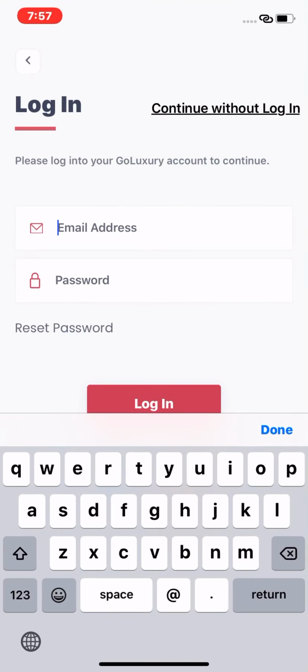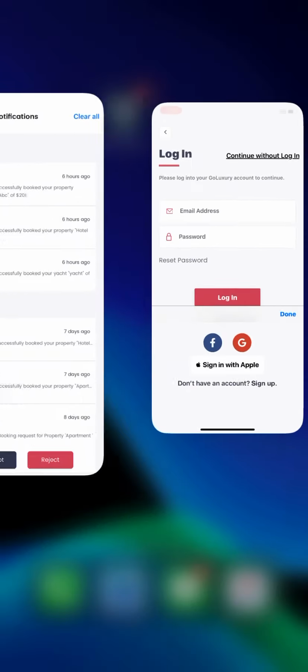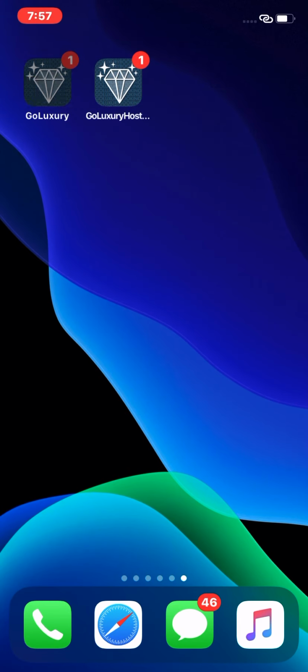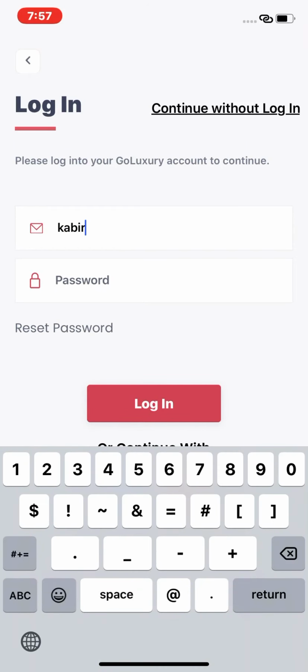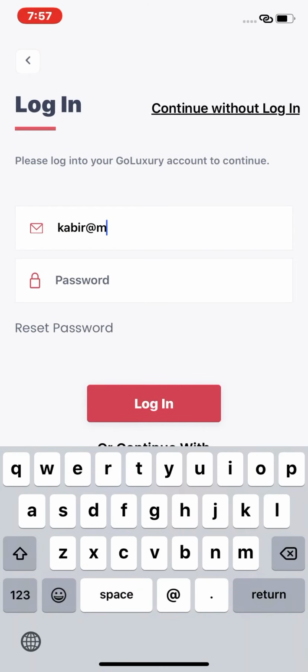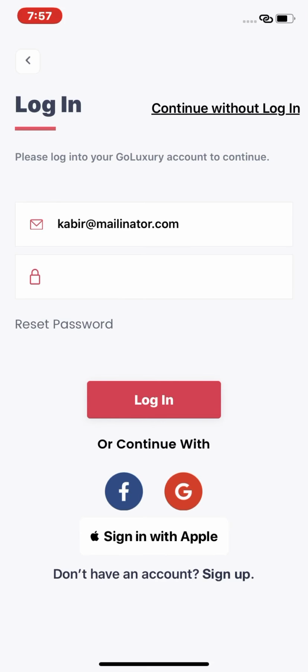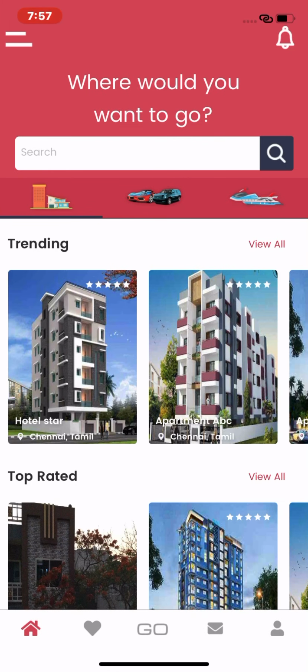So now I'm going to introduce you to the Go Luxury user app. So I will log in here. Okay, so here this is the home screen. This is the hotel.